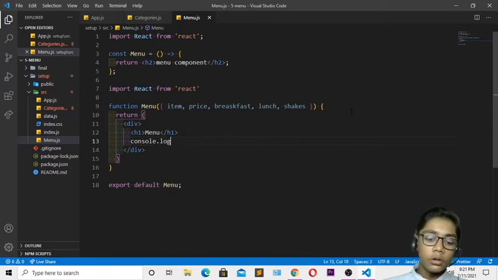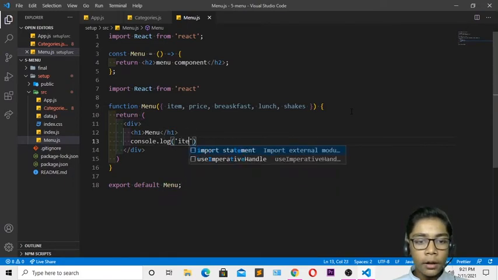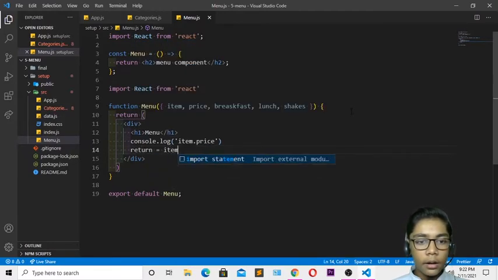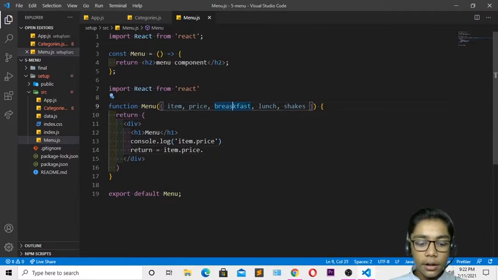So I'll be defining console.log again. Then you have to come over here and now write over here item dot price. So I'll be writing a price dot, and just you have to close that, and just you have to come over here again, and I will be creating a return equal item dot price, and just come over here now and write item dot price dot, and I will be just erasing this and change to R. So now when you've done that, you have to just erase this A and write this A over here. So now just when you've done that, all you have to do is come over here now, and I will be writing that and write R. So now it is done.